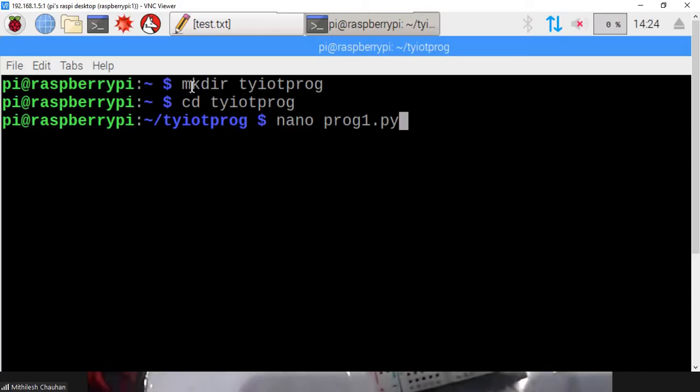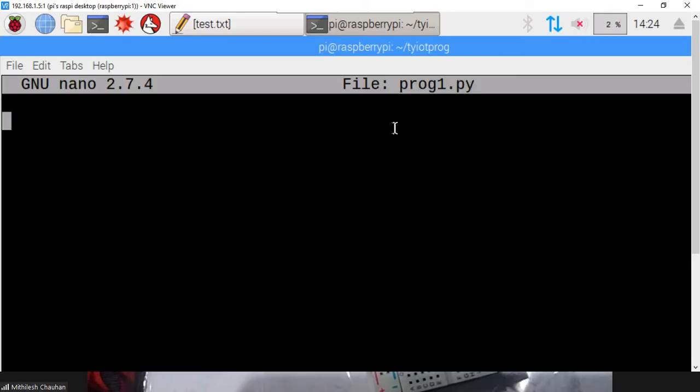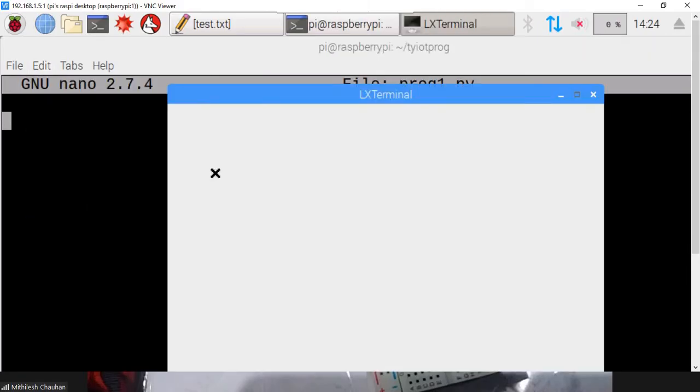It is a primitive type of editor that is available in the Raspberry Pi by default. So we can use this nano editor to write a program or to edit a previous program. So I'm writing the name of the editor and the name of the file, and I will press my enter key. So let me reduce the font size a little bit.